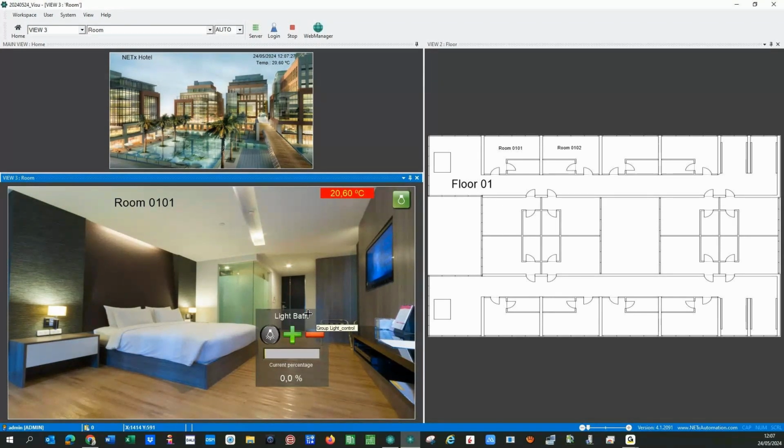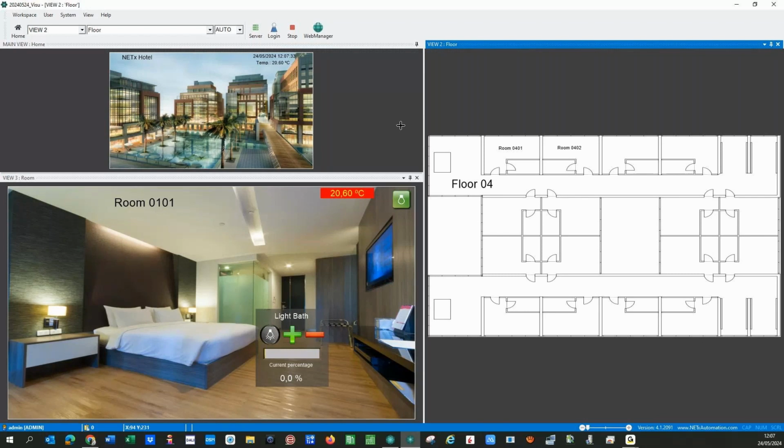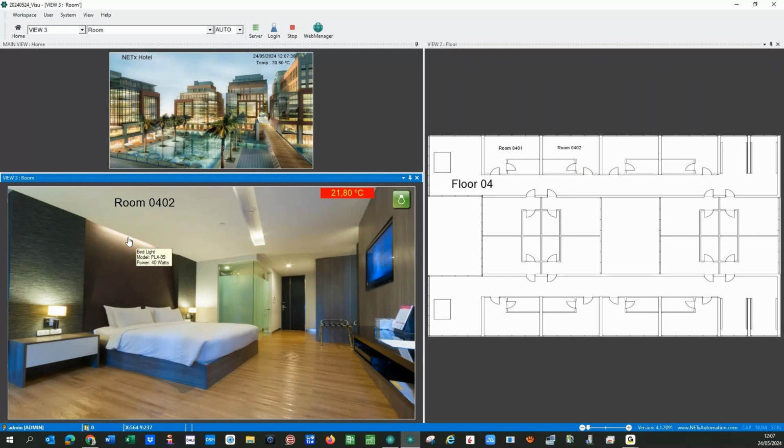This is the room 10101. Let's go to room 0401. So I guess you understand that I am in a different room. If I want to control the light bed of this room, it is a different light, and the ceiling is that specific light of that room. So as a resume, and I can close the camera,